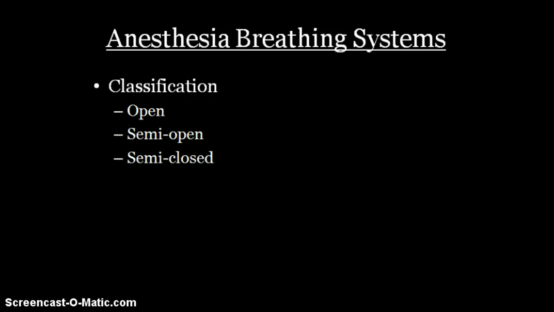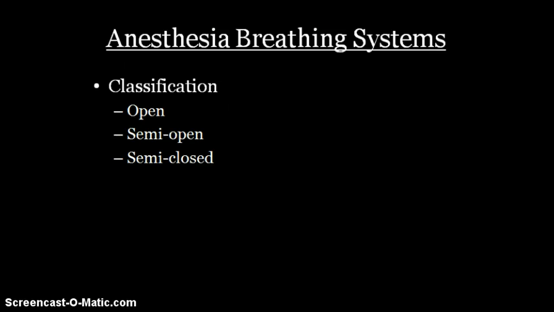Dorsch and Dorsch outline 11 different methods of classifying anesthesia breathing systems that have developed over the years. Traditionally, functional aspects, such as the extent of rebreathing, and physical characteristics, such as the presence of unidirectional valves or a reservoir bag, were consolidated and used to classify the various systems. There is conflict between the various methods of classification, and with so many variables to consider, classification is confusing and ambiguous. For the sake of simplicity, we will limit this discussion to the classes outlined in our syllabus: open, semi-open,